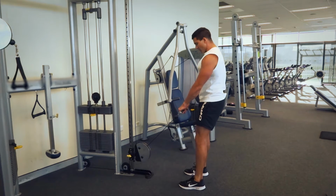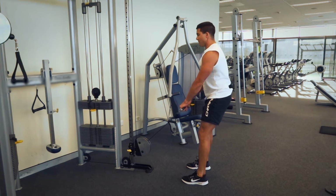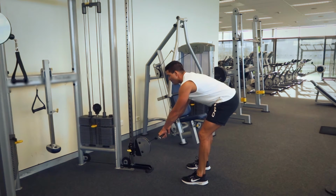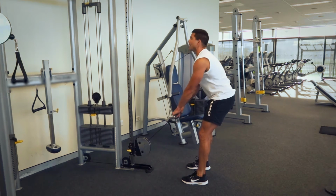So I'm going to start with my feet shoulder width apart, knees slightly bent. What I'm going to do is bend straight from the back here. So we want to keep those legs as straight as possible. Slightly stick that glute out. Mainly keep the movement from the back,